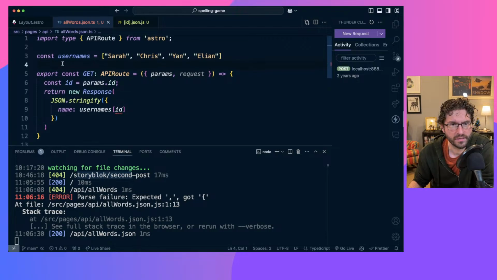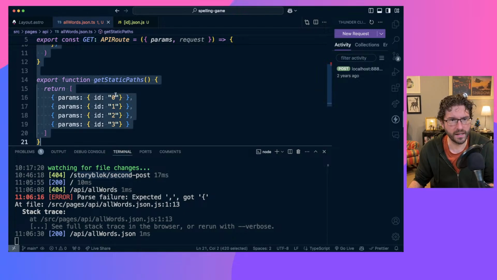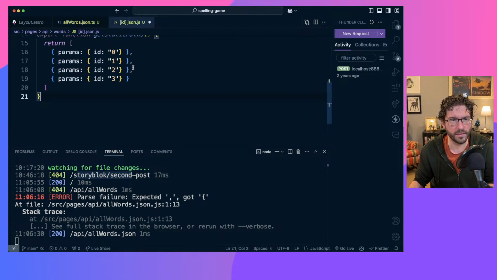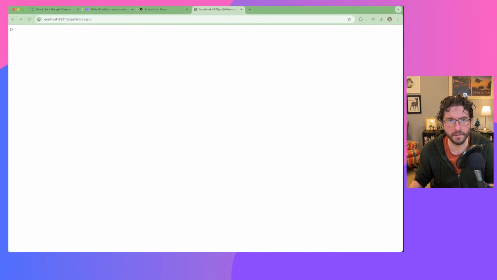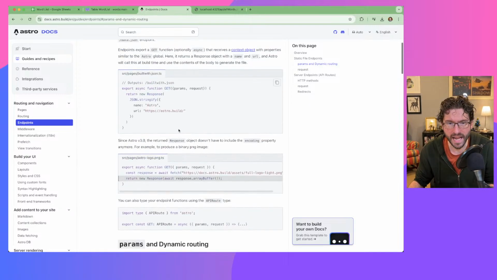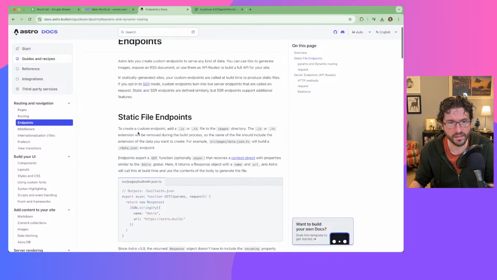I'm kind of curious. Oh yeah, this is not in the right file. I don't want it in this file. I want it to be in this one. This is going to be how we end up getting everything, but we need to get the data in here, and that's where this static path is going to come from. We don't need it to be dynamic data. We need it to be the simplest form. So let's get